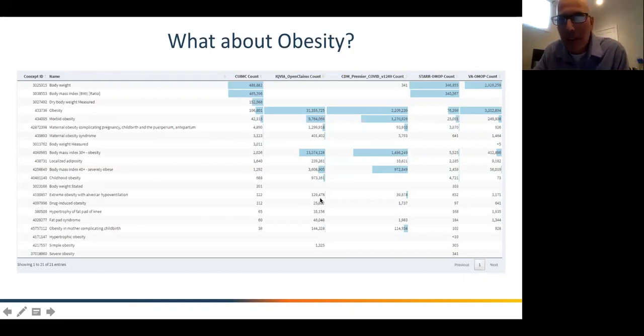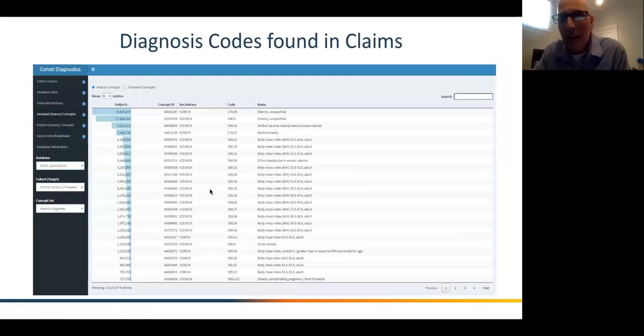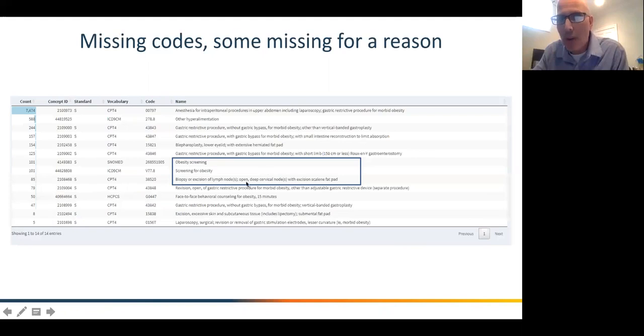And so this similarly provides us with what was the triggering index event for different patients coming into the obesity cohort, and shows us what are the common codes found in claims, what are the orphan concepts that weren't there, and again, things that are interesting, and some of them might be quite useful. For example, someone who had a gastric bypass. Well, a gastric bypass may be significant enough for you to include as being an indicator of obesity. But something like obesity screening or something like the biopsy of a fat pad would not be something that would